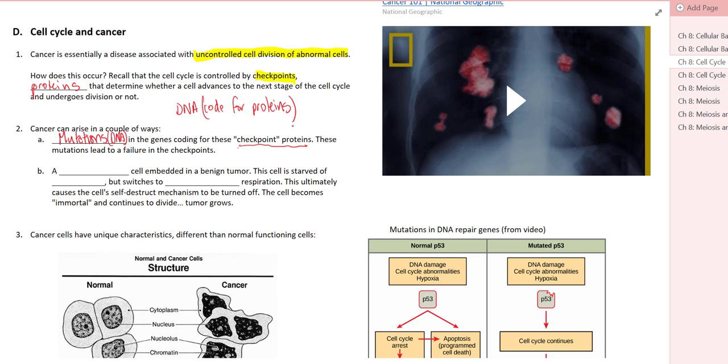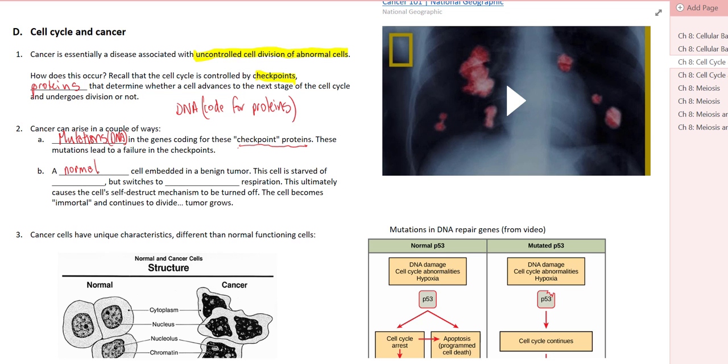And another way is a normal cell. So it's a completely normal cell, but embedded within a benign tumor, right? And remember, a benign tumor, if you started to do some of your investigation with cancer, I think we all have heard that before at some point in time, a benign tumor versus a malignant tumor, and we'll talk more about those. But a benign tumor could be like a mole on your skin, right? It's virtually harmless.